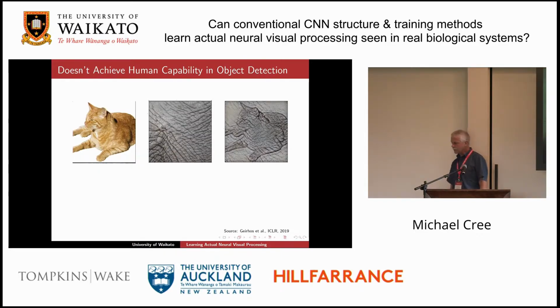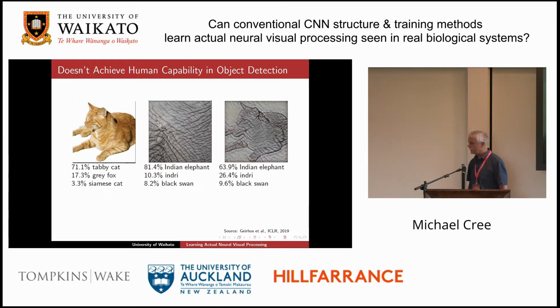Here goes an interesting problem with tests of convolutional neural networks on object classification. On the left is a cat, and this is from some work done by Geirhos and others back in 2019. So you've got a cat on the left, but what if we change the texture of the cat? In the middle image is the texture of elephant skin, and on the right is the cat substituted with the elephant skin. Now, if you ask a convolutional neural network to classify that,